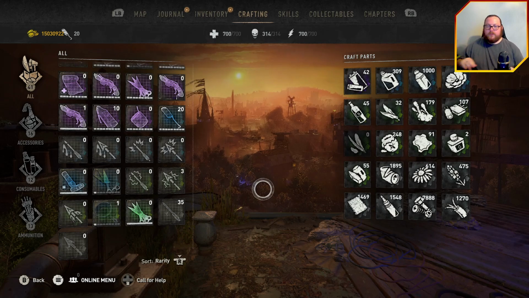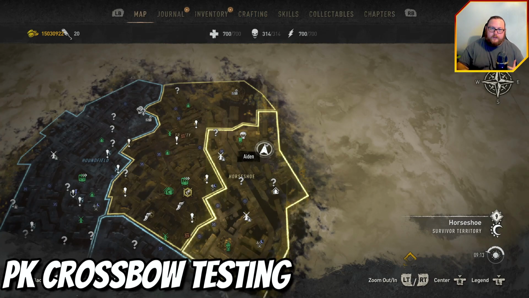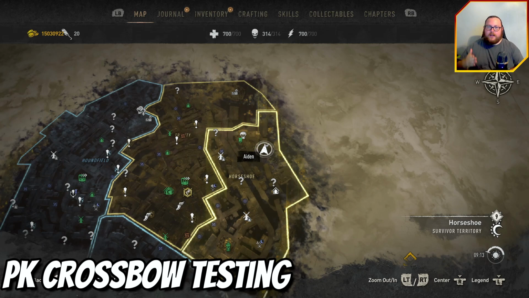So you don't have to worry about trying to find materials. You don't have to worry about getting enough tokens and mutation samples to purchase it. You just literally do a mission and you get free bolts. So that's fantastic. So the way I like to do the testing on different weapons is to check out how